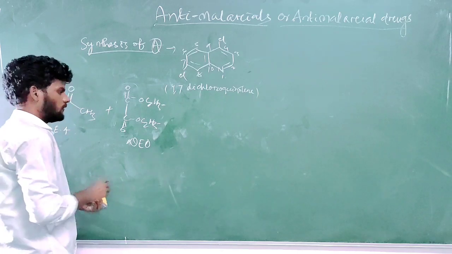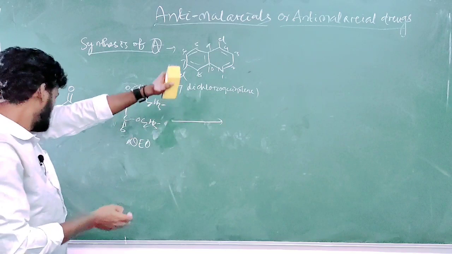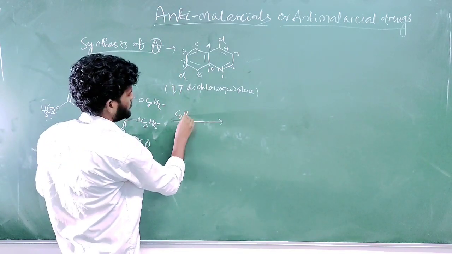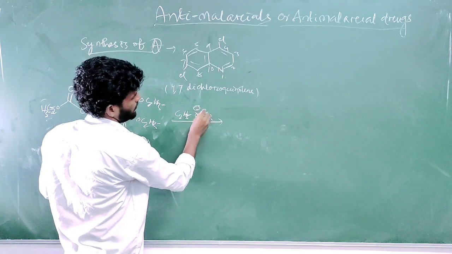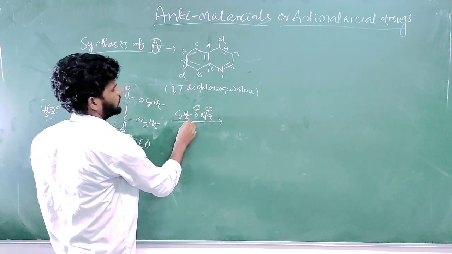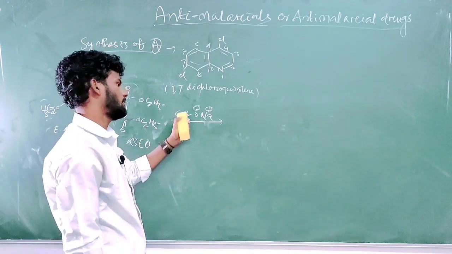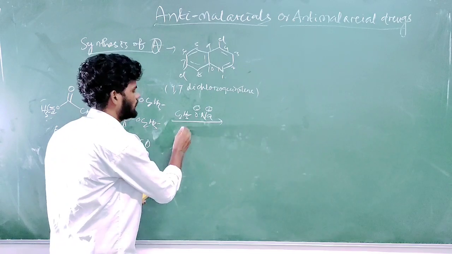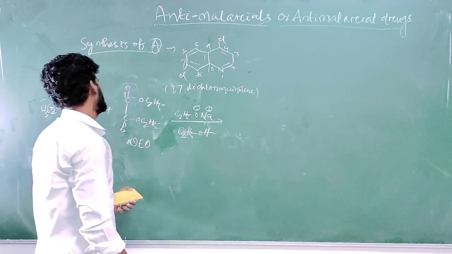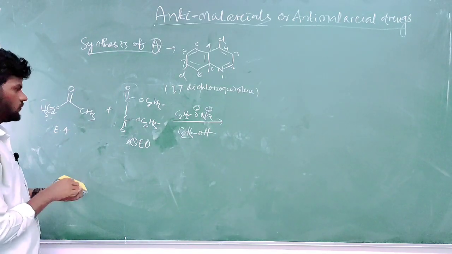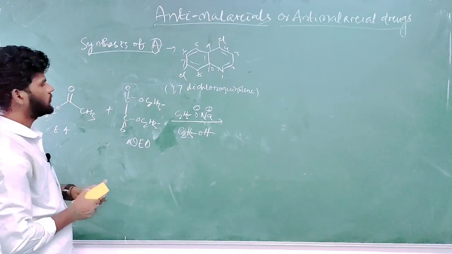Okay. So in the presence of a solvent or base, here the base is C2H5ONa, sodium ethoxide. We can write the ionic pair, sodium plus, ethoxide ion minus. So this is one base. What is the prime role of a base? It will abstract hydrogen. Let's suppose we take ethanol as solvent. So sodium ethoxide here is the base. Its role is to abstract hydrogen. Which position will it abstract hydrogen from?